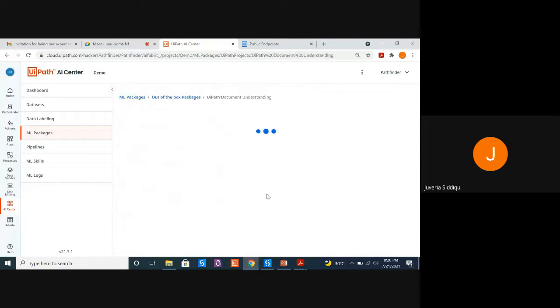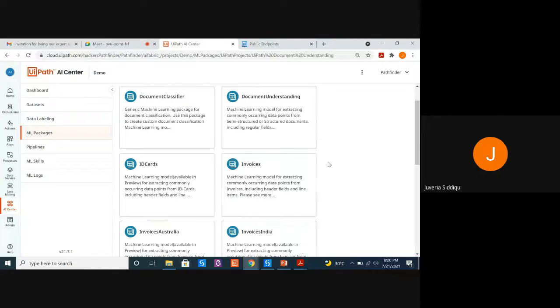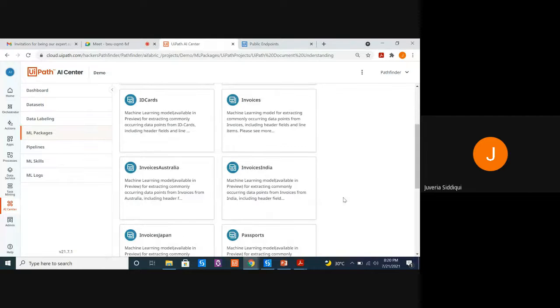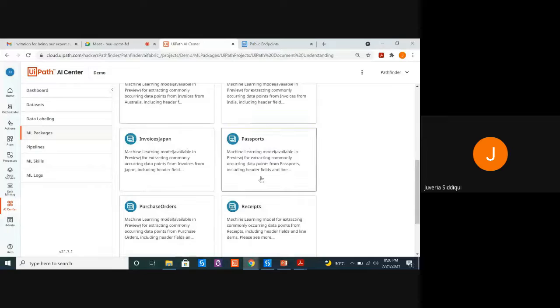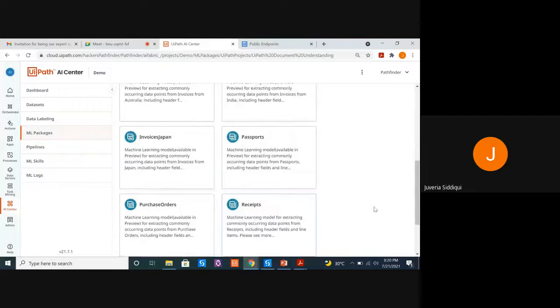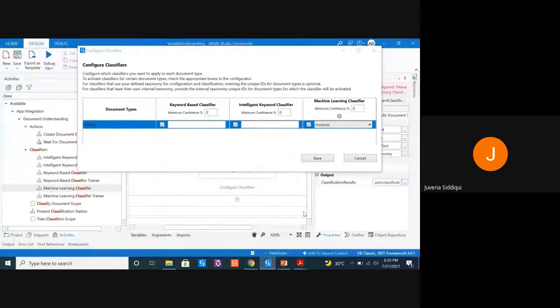So let's focus on UiPath Document Understanding. When you click on UiPath Document Understanding, if you see this page, what all you have? Invoices, invoice for Australia, India, Japan, etc., passport, purchase orders, receipts, utility bills. This is what you were seeing in the drop down.